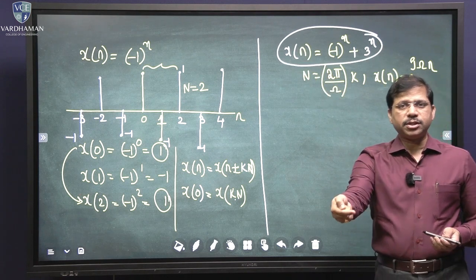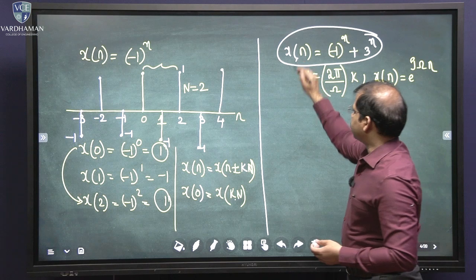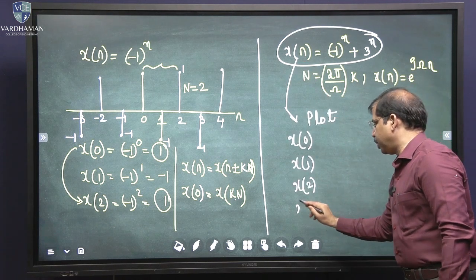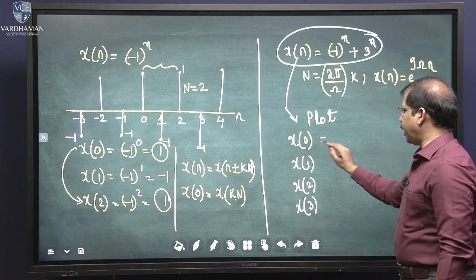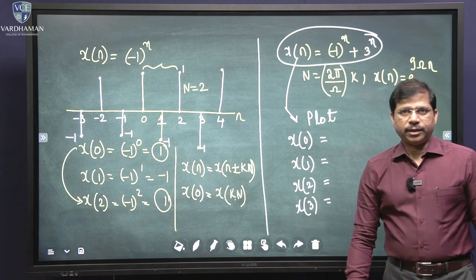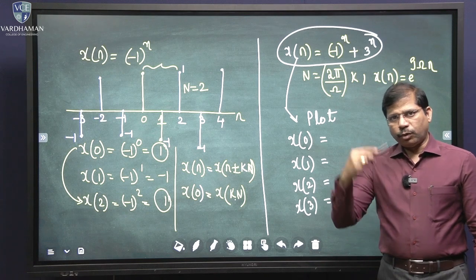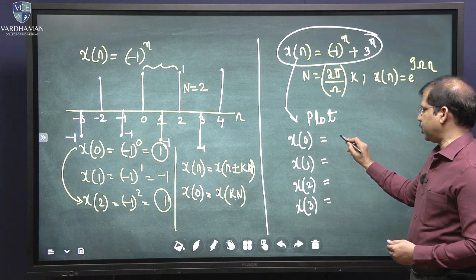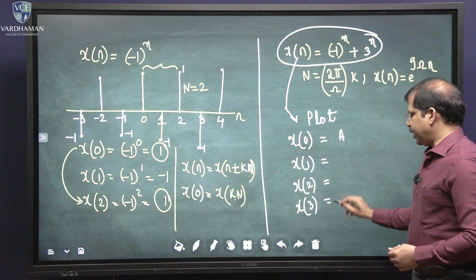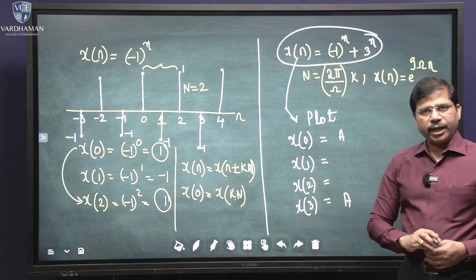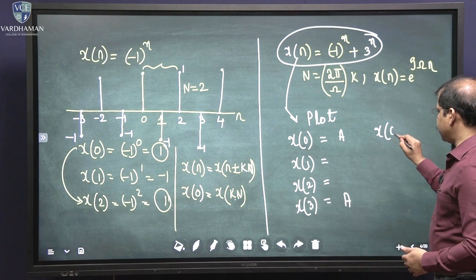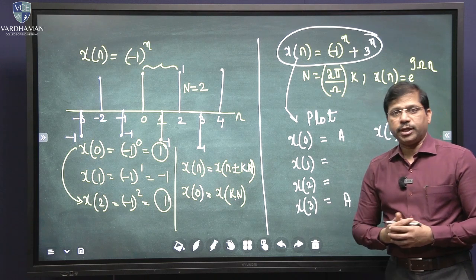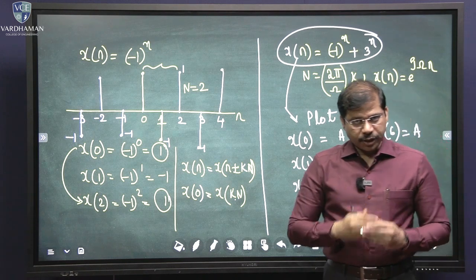Either you need to convert this signal into that format or plot this signal. How do I plot this? You substitute n equal to 2, n equal to 3, and you calculate the values. Now, what is the minimum value of n so that you see the same portion? Suppose at n equal to 1 you get some A, and at n equal to 3 you are getting the same A, and you test at n equal to 6, you should also get A. If that is the case, you can conclude that the signal is a periodic signal with the time period